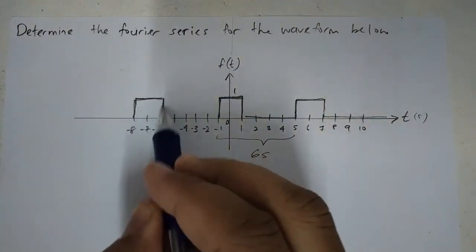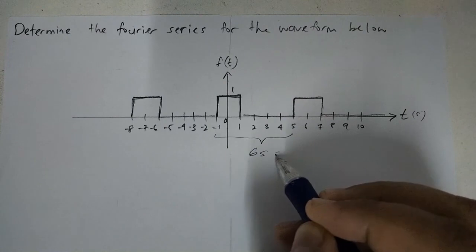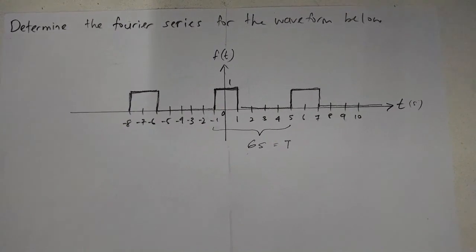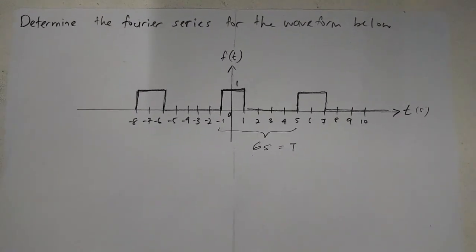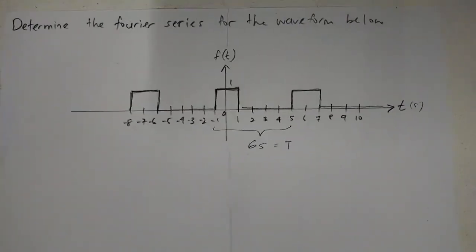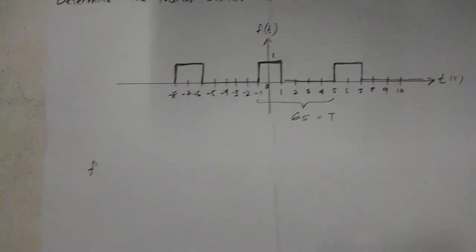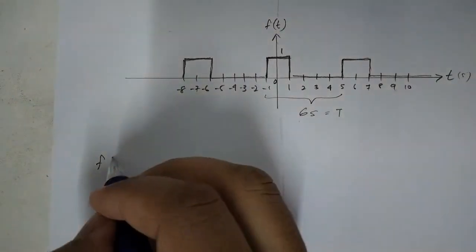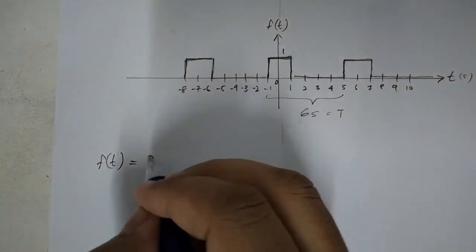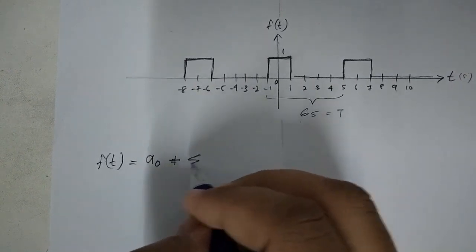Alright, so it's 6 seconds, so this is the period, or the T. Alright, so let's determine the Fourier series for this waveform. The easiest way to start is by writing down the Fourier series equation. So the Fourier series of the waveform f(t) is equal to a0 plus the summation